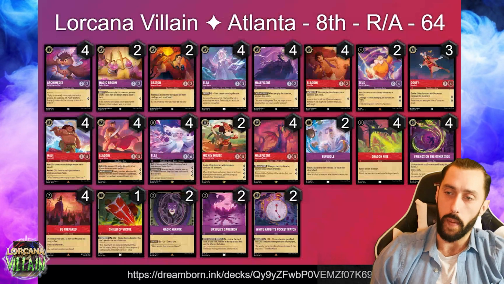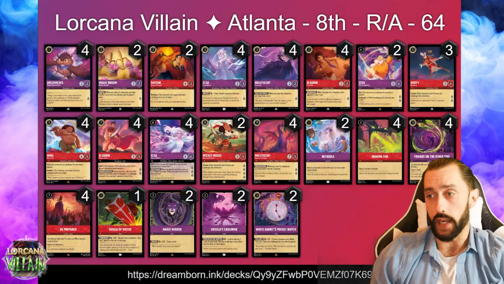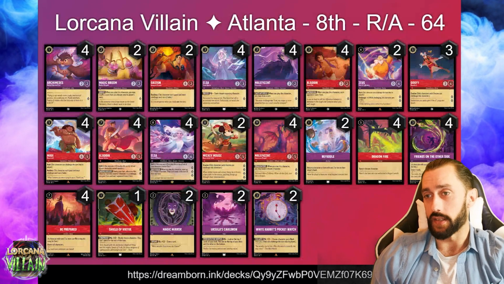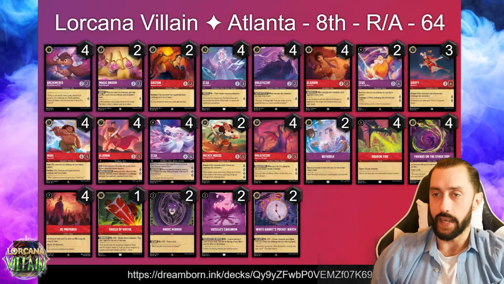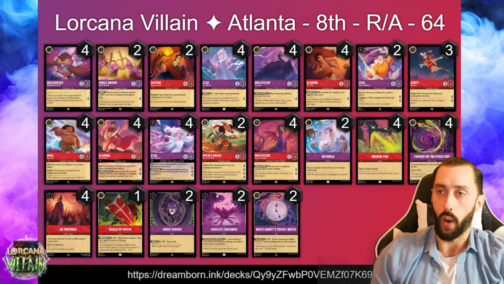4 Friends on the other side, 4 Be Prepared. Only 1 Shield of Virtue, but we see no Queens. I still think this is such an important card, just for being able to get extra hits off with Aladdin or a second hit with Maui to clear a couple of